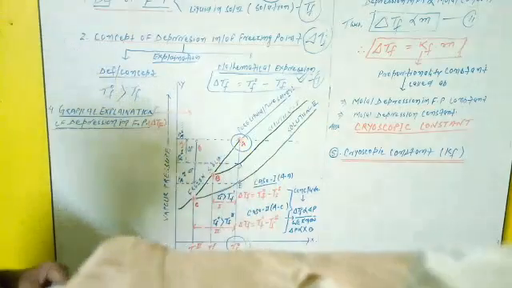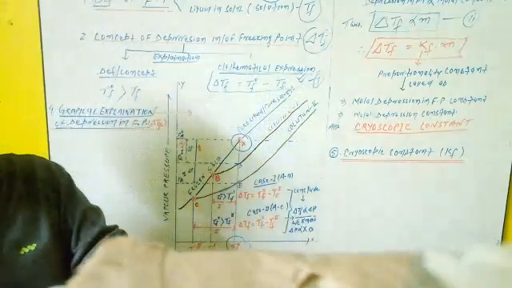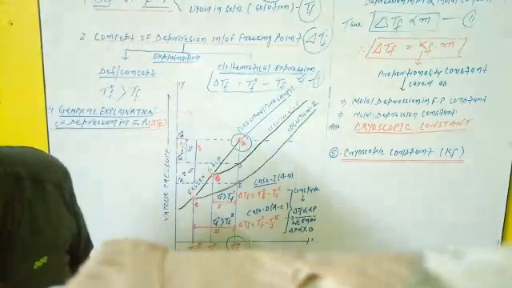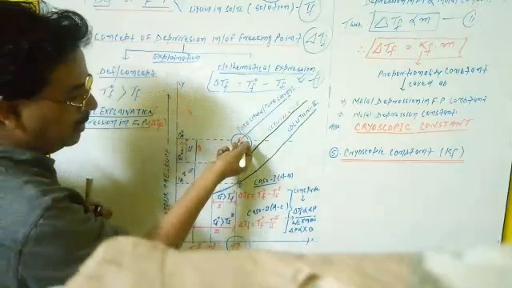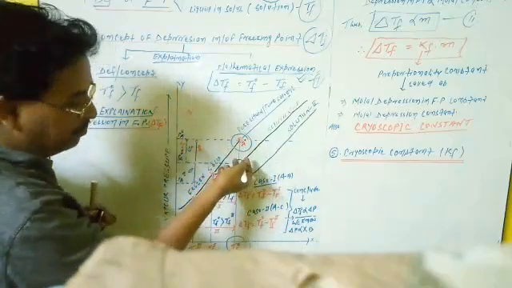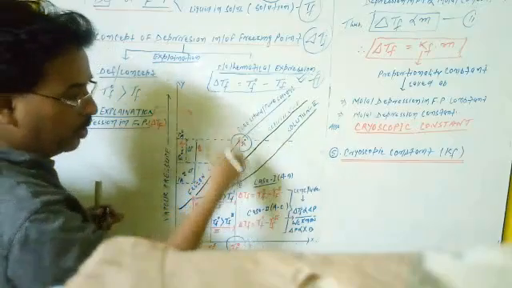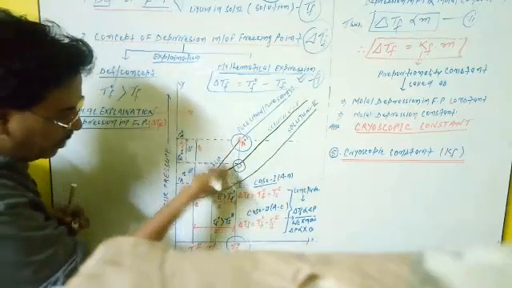Similarly, when solute is added into solvent to form the solution, vapor pressure must be decreased. What? Vapor pressure must be decreased. You see here the vapor pressure at point A is now decreased at point D. That means vapor pressure decreases from A to D. So a new equilibrium must be achieved, indicated here by the B point in red.